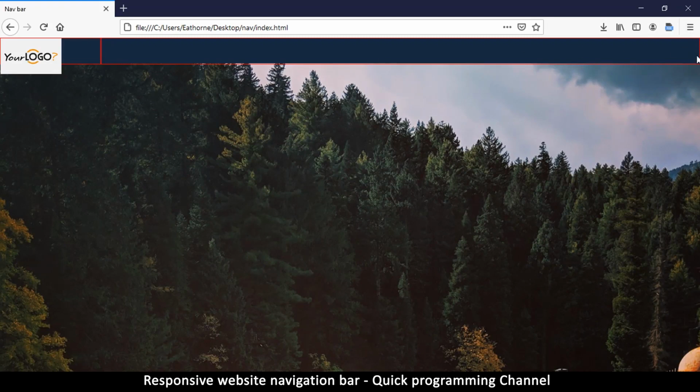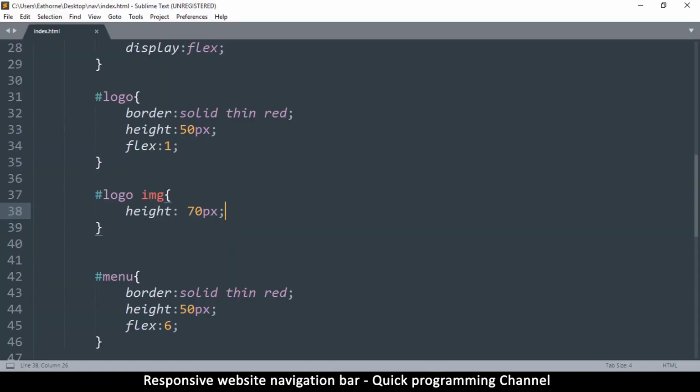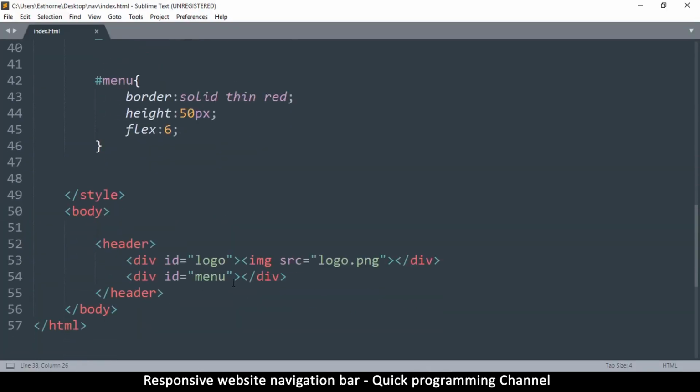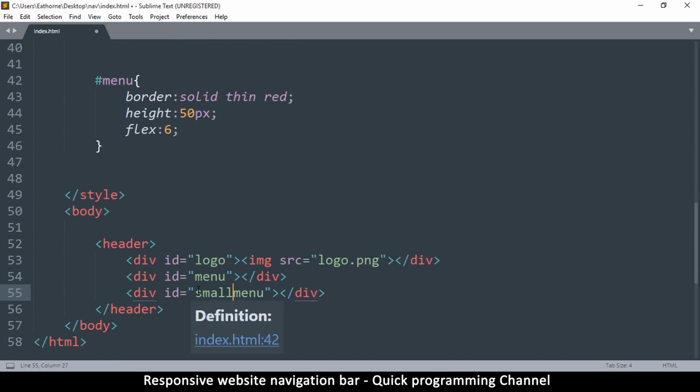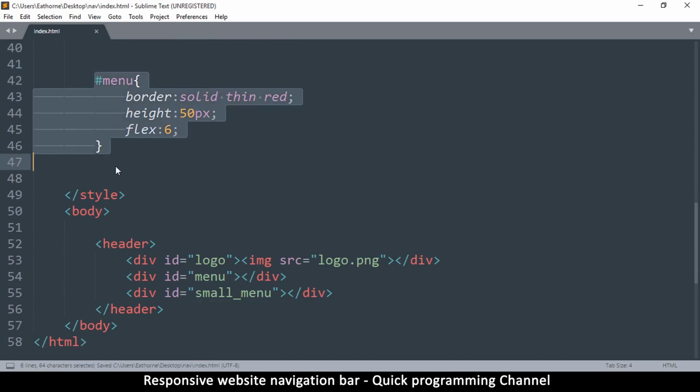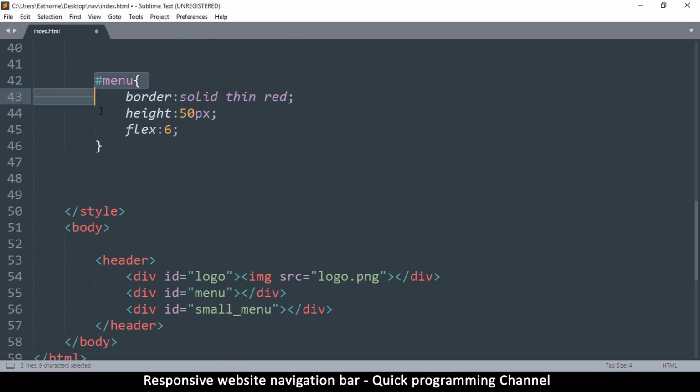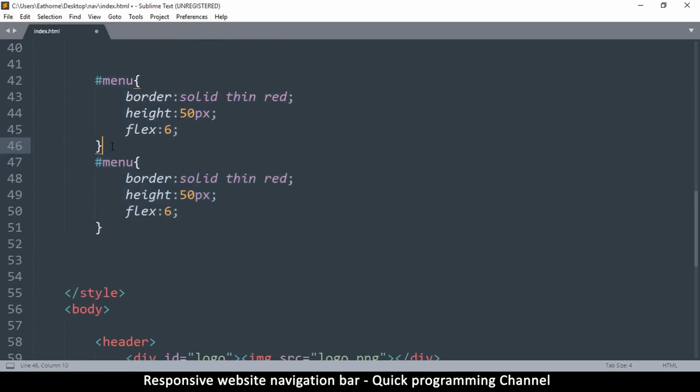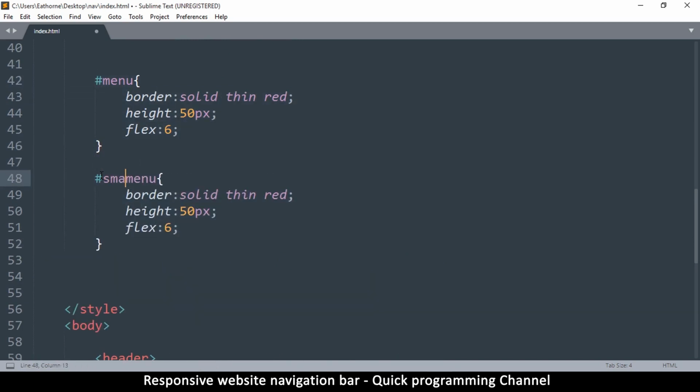So now we can remove the red here because actually before we do that, let's add a third one here. So let's add a third div. This one will be called small underscore menu, like that. So I will do exactly the same here. Copy these styles, just put small at the beginning,